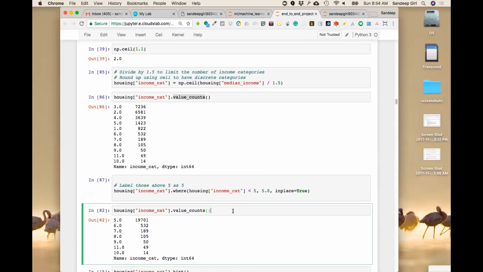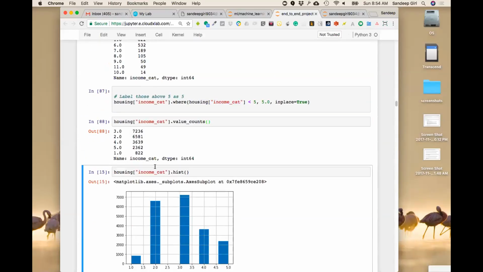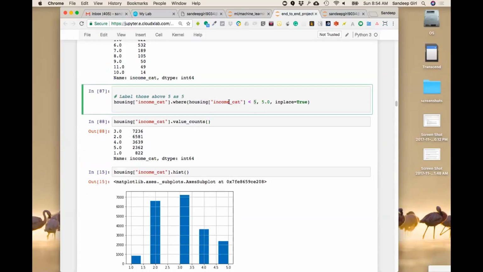I can't somehow let it go. Okay. Now, so the thing is that this condition basically is saying that all the values